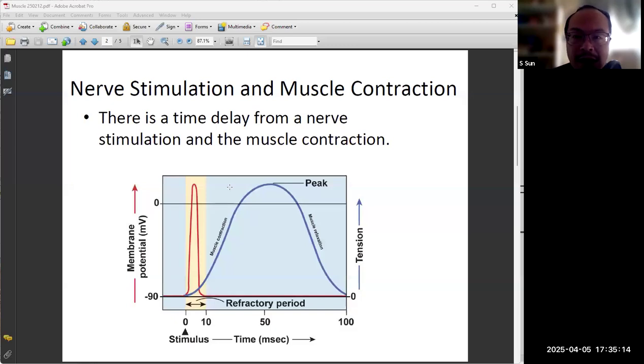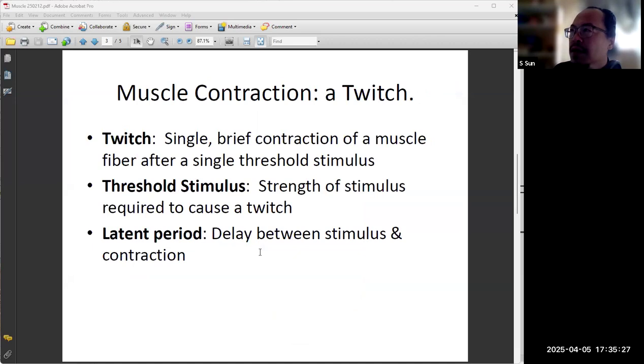and so we can classify muscle into two major types. One is called fast twitching muscle. The other one is slow twitching muscle. Each of these muscle reactions or muscle contractions is a twitch. So a twitch is a single brief contraction of the muscle